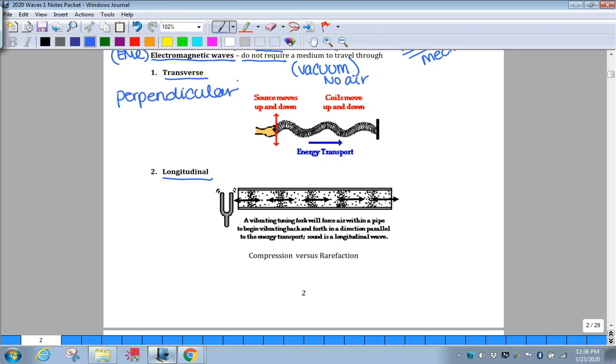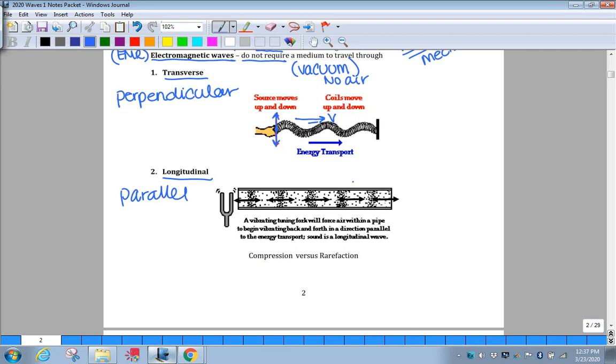All right, so with a transverse wave, the particles move perpendicularly to the speed or the energy of the wave. So this is a wave on a slinky, so it would be traveling towards the wall, but the actual parts of the slinky are moving up and down perpendicularly to the speed of the wave. So you have to associate transverse with perpendicular. Okay, and then longitudinal waves move parallel,